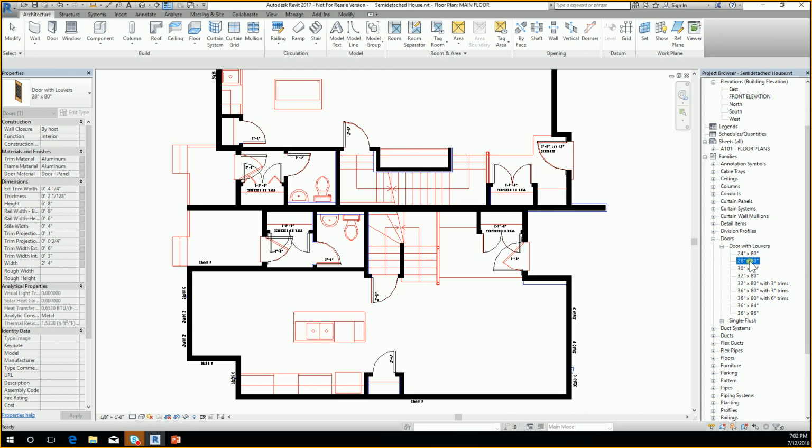So if you click on the next one, same materials, then same materials. This one has something different, I believe. Yeah. See, this one doesn't have the aluminum for the frame. So I want to change that. So how do I change that? Because I'm already in the browser, I can just quickly come here